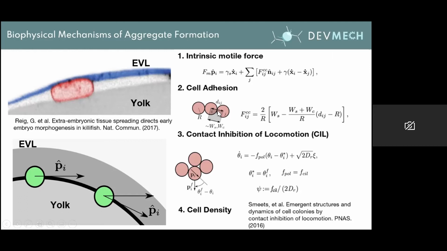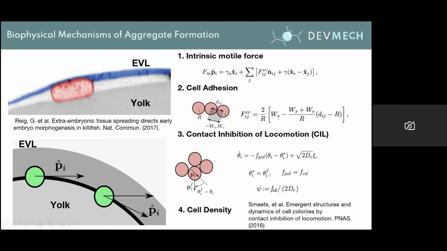And when the distance is less than this, they tend to repulse. Another parameter we're studying is contact inhibition of locomotion, CIL. This is a repulsive interaction where the cells drive away from each other when they come into contact at a certain repolarization angle. The repolarization rate is conditioned by this angle, a polarization force, a diffusion rate coefficient, and a